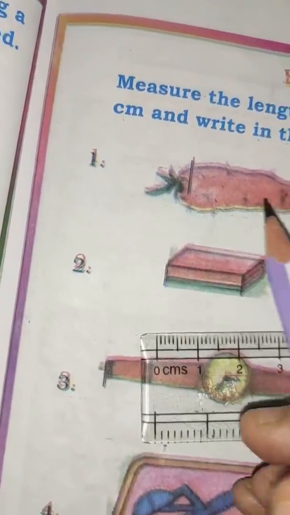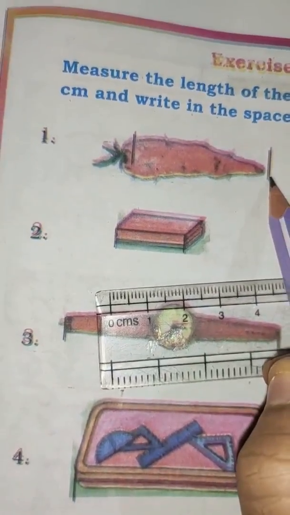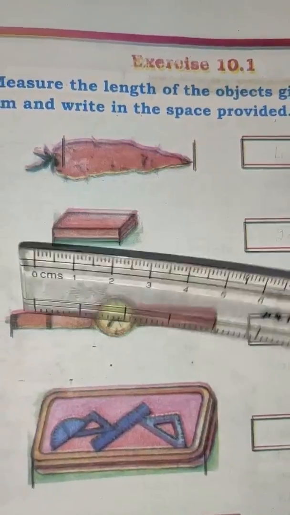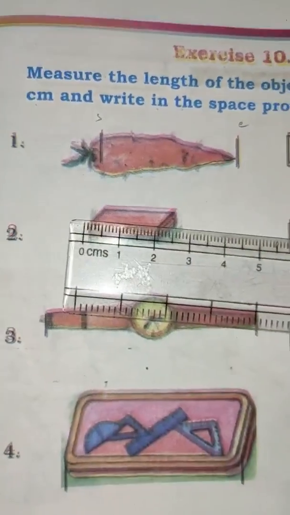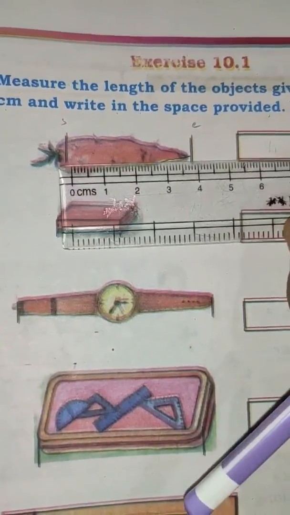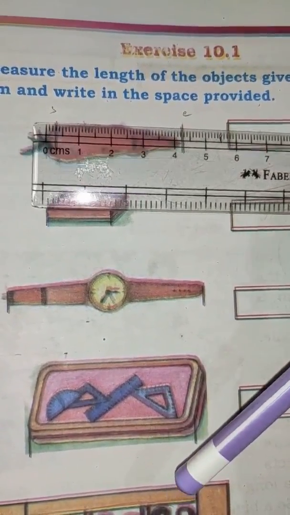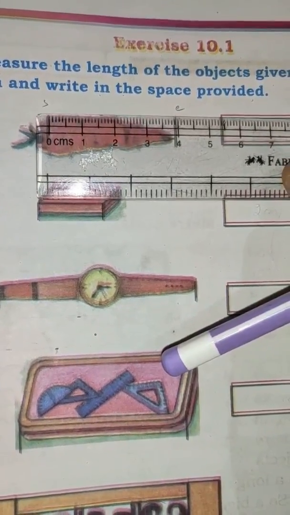Now here you can see there is one line here, there is another line here. Now take your scale and this will be a starting point and this will be an end point. You have to keep your scale on the starting point. It should be 0. Yes, you have to start from 0. This will be a starting point. The starting point should be on 0.